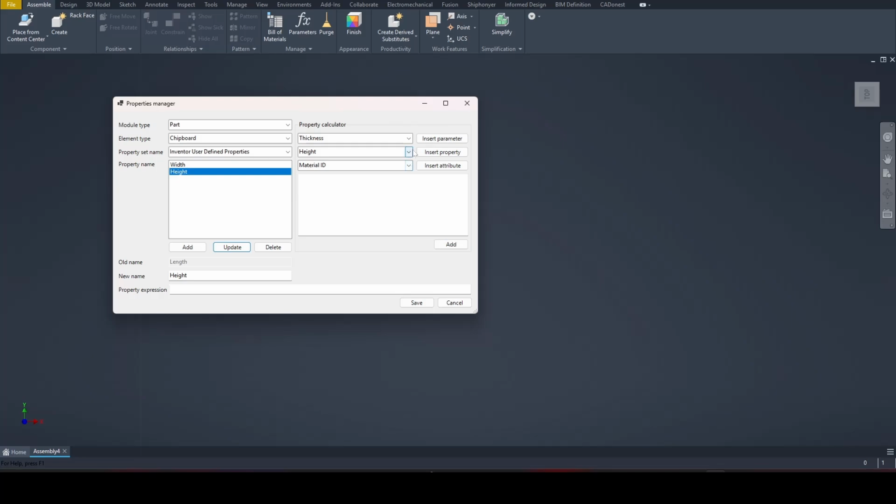On the right side, you will find the property calculator. This is where the expression used to generate the property value is created. What can this expression contain? The property expression can include text, predefined parameters related to the selected element,